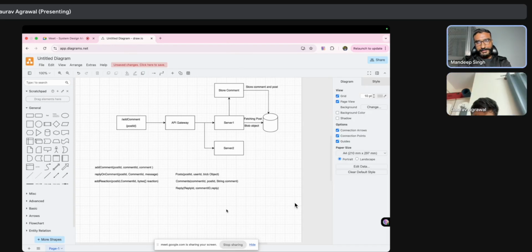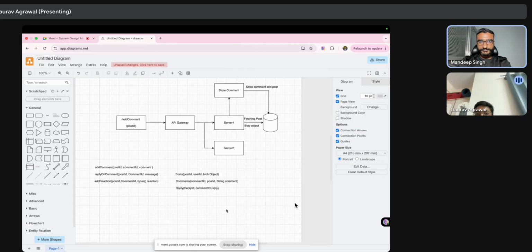Now, the other thing which I'm thinking is the scaling part of things. Let's say we earlier started with 1 million users, and let's say our user base grows. So will our same system be able to handle whatever we are thinking? Other thing is around failure handling basically. If something goes wrong in our system, let's say a comment is lost somewhere when the request was made from API gateway to server, how will that handling be there?